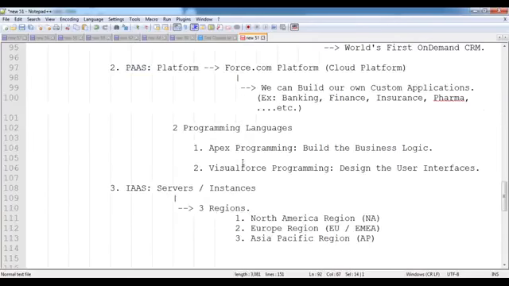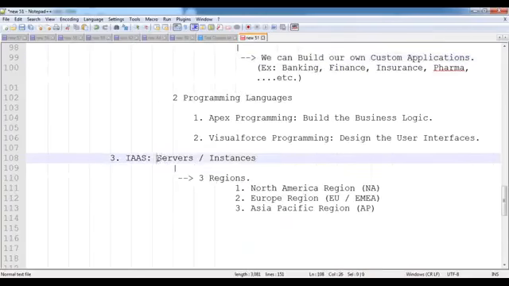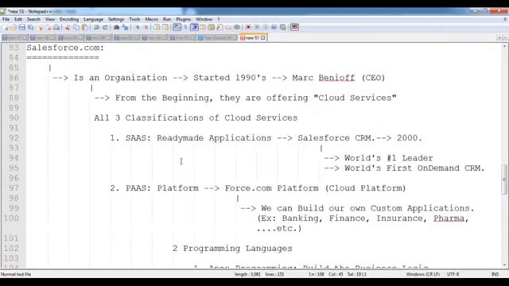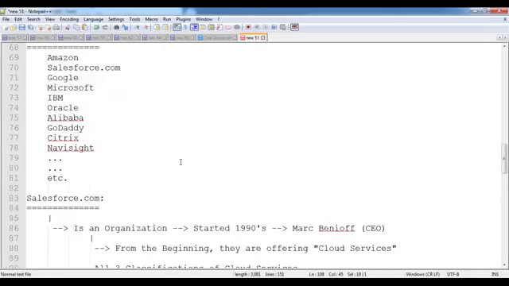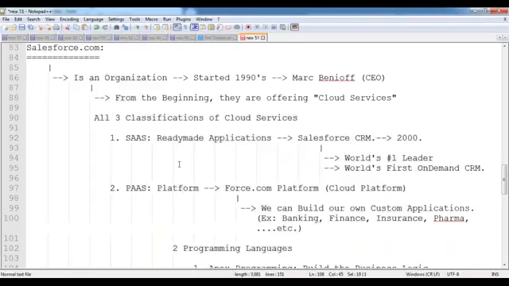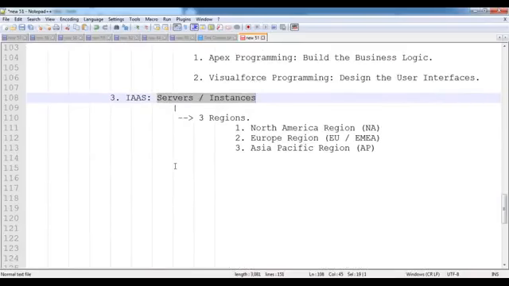Along with that, we can develop our own custom applications by using the Force.com platform, and then store that whole application and data inside the servers given by Salesforce. These are the various cloud services offered by Salesforce. This is an overview of Salesforce and the services they offer to their customers.